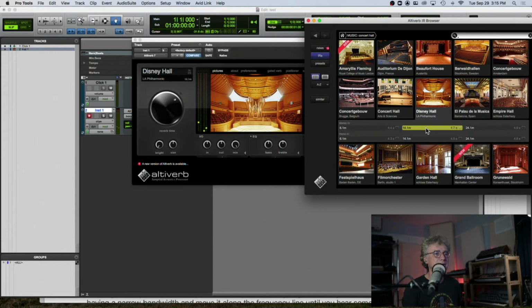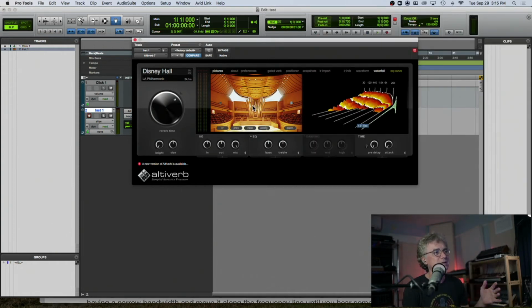This will be 14 meters away from the stage. This is 24 meters away from the stage. So you can get a sense of depth. So this is a different kind of reverb, and